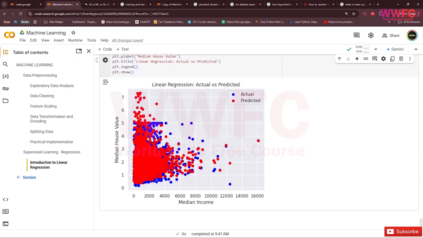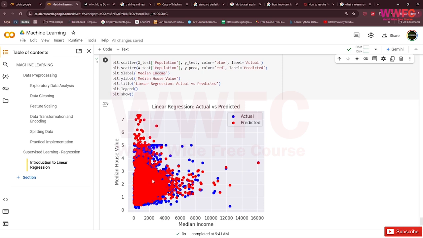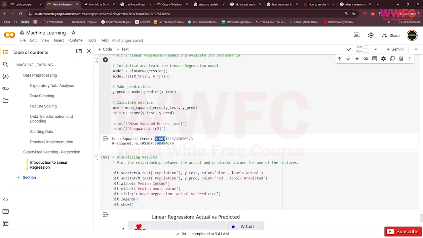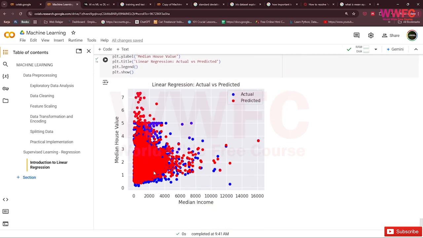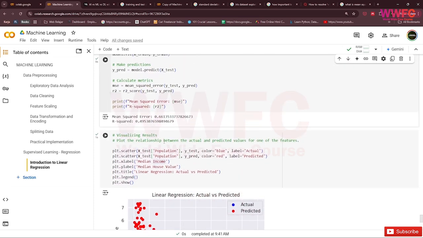So yeah, if you can see, it's not really that bad. The mean square error is small also, and R square is small also. So yeah, check the predicted and actual value.